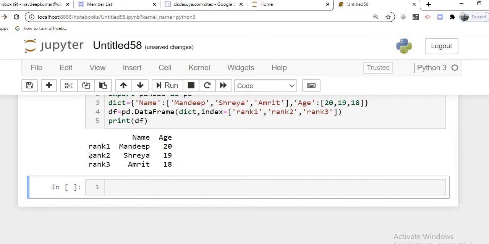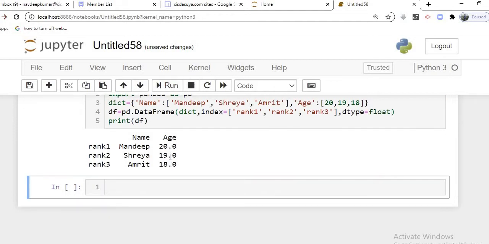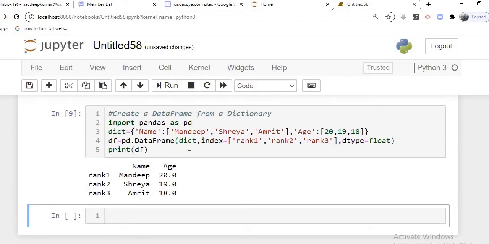So now students, we are having this index value also in the same program. So this is how we can put up the values, and like in the last one we can also change the data type, from age to integer to float. dtype is equal to float, and you run this one and you now see the values have been converted into float. So like this you can make alterations in your data frame. You will be able to perform these with the help of practice, so make as much practice as you can.